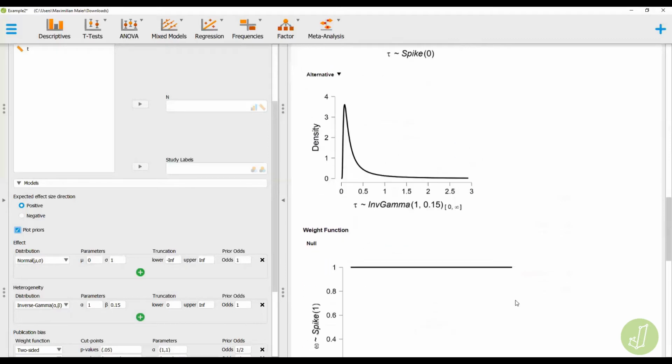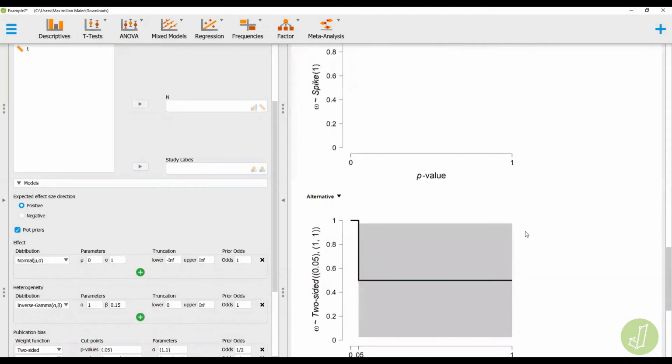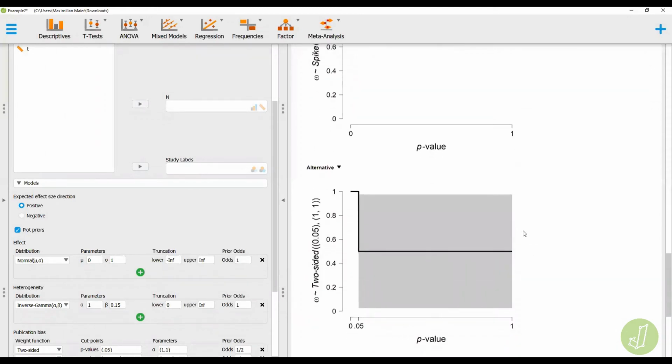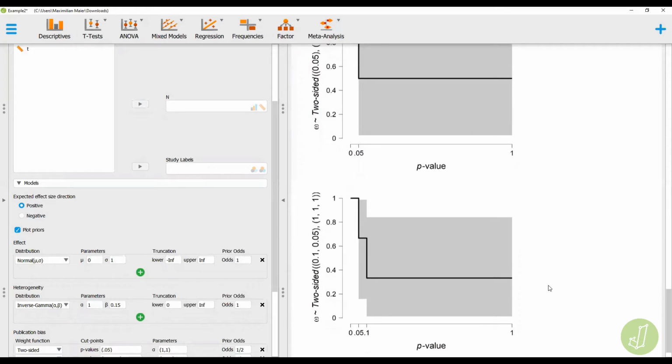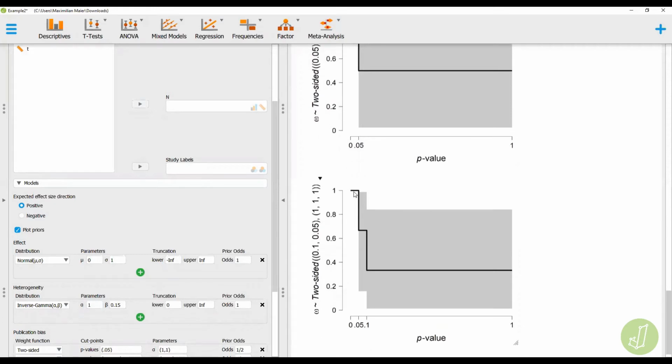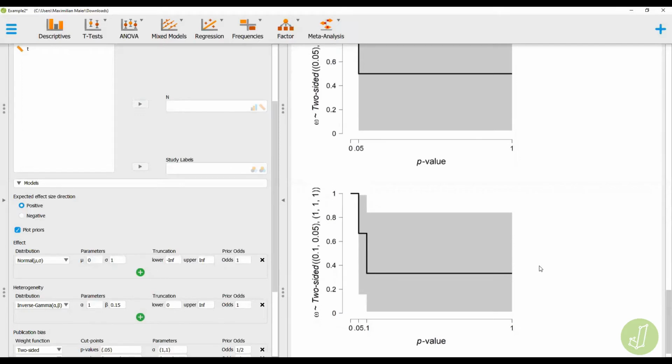For the weight function under the null, we just assume all papers are published and there's no publication bias, so it's just always 1. Under the alternative, we have 2 models. First, the cumulative sum of the Dirichlet distribution with parameters 1, 1, which basically assumes that significant studies are always published and non-significant ones half of the time. And then the cumulative sum of the Dirichlet distribution with 3 parameters, which assumes significant studies are always published, and then also differentiates between marginally significant studies that are published 66% of the time, and non-significant studies are published 33% of the time. After inspecting the parameter and the model priors in this way, we can start fitting the models.